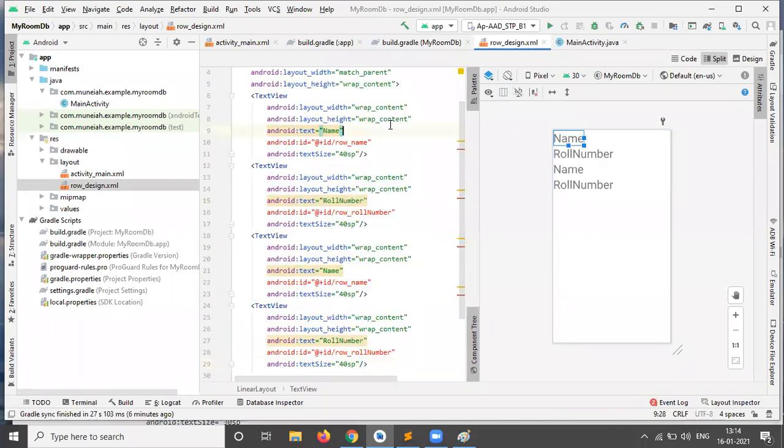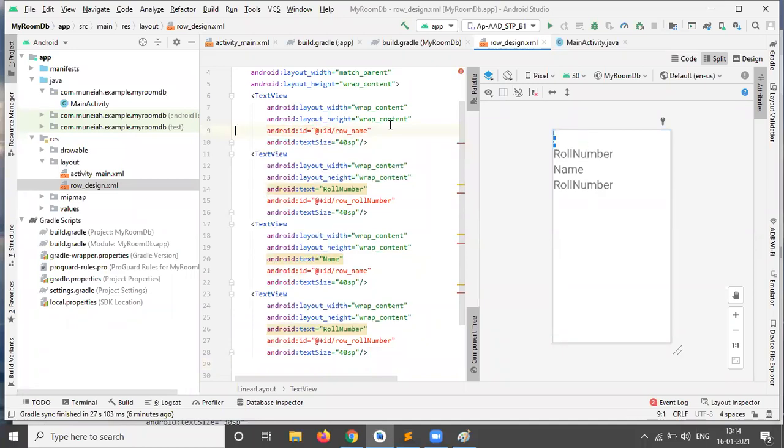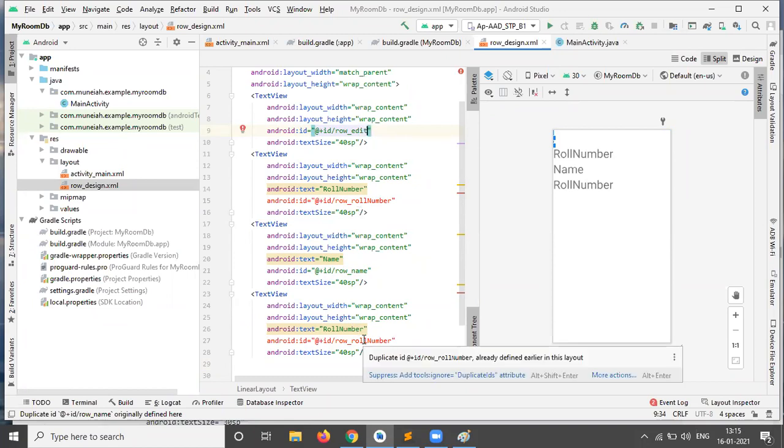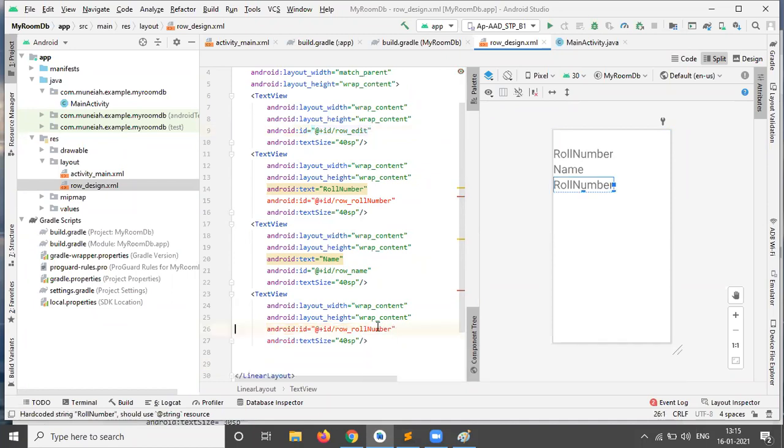In the first one, I just remove the text, and I'm changing this ID, this is for edit. And in the last one, I'm removing this text attribute, and replacing the ID, this is for delete.